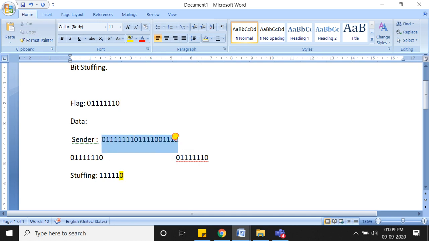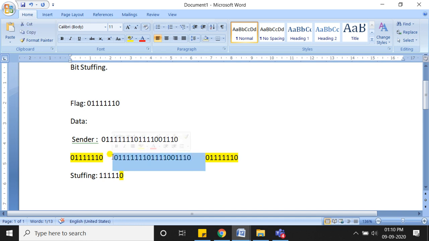Now I'll take this data here that we are going to transfer, along with this start and end flag. This one indicates the start, this is the ending flag, and then the actual data I have taken. The sender will check the continuous data. Initially the data starts from 0. This is the data portion that I am underlining right now, this is a start flag and this is an end flag.